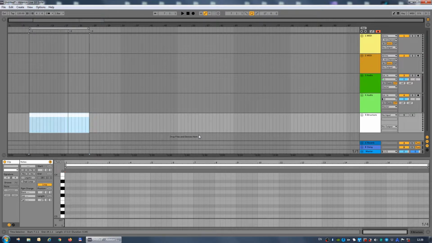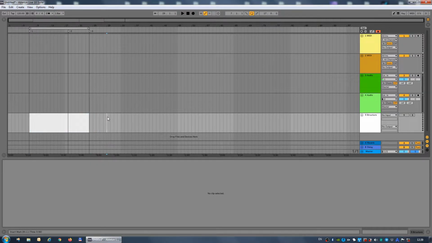However, what I do is I divide this clip into several clips, each of them representing a part of a song. I'll remove the locators now because we won't need them anymore.